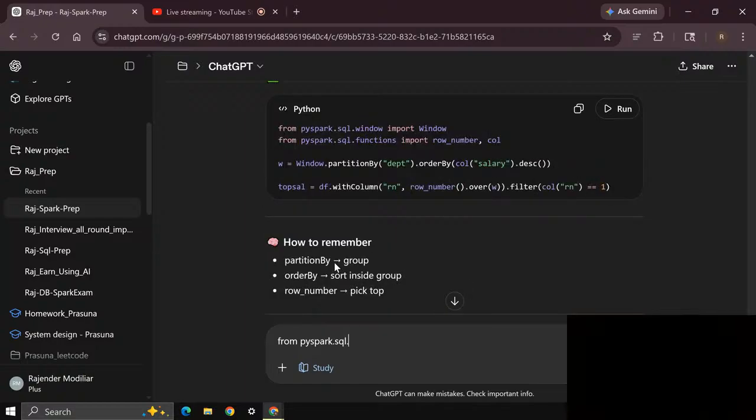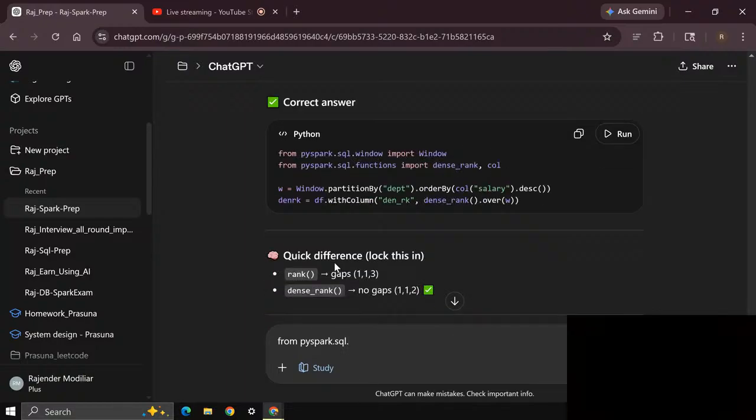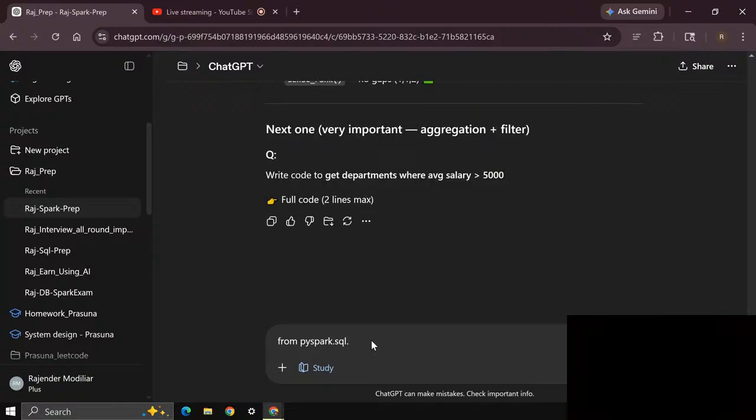So let's write just: from pyspark.sql.functions import avg, for sure that needs to be imported. If anything else is needed, I'll add it. As of now, that much only.